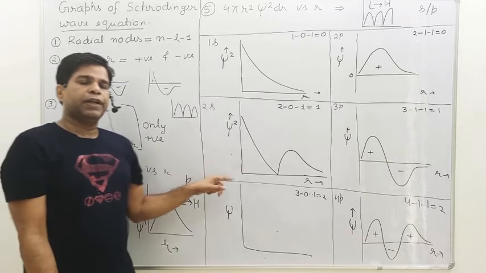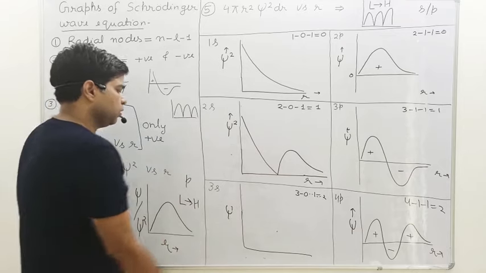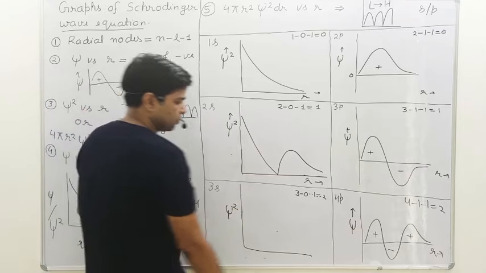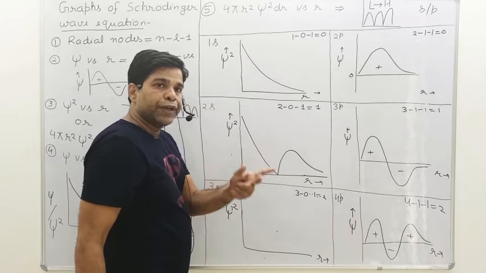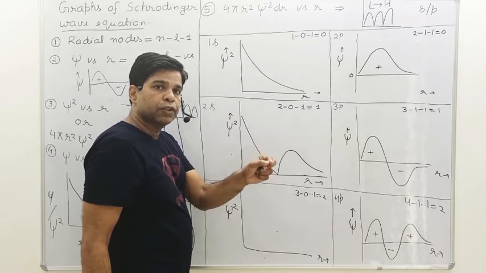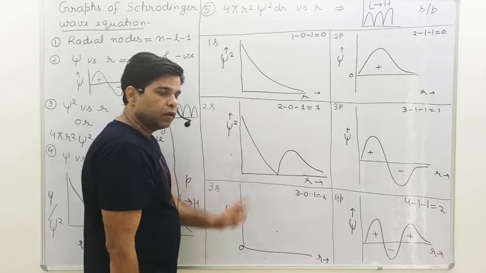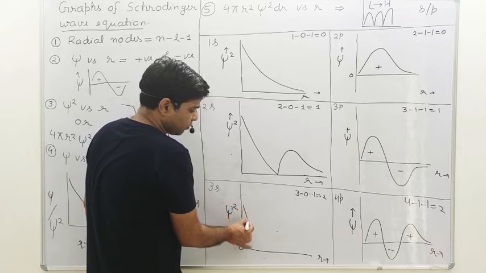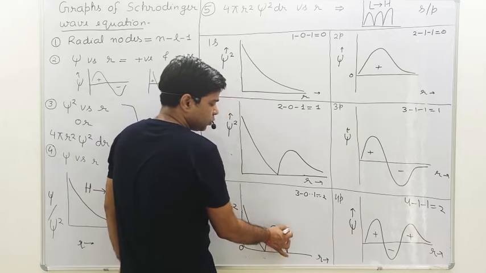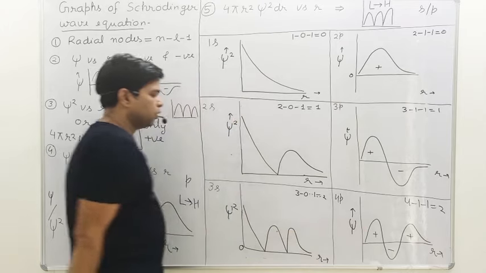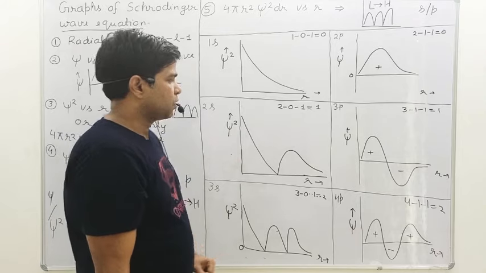No need to draw the negative and positive sign because obviously it is psi square, that has to be positive. Now the graph of the 3s, how many times we have to make it 0? We have 2 radial nodes, so 2 times we have to touch the value of psi, we have to make it 0. So we should start this graph from the higher to lower. 1 time 0, second time 0, now it cannot be 0 again. Okay student, so this is the graph of psi square versus r.